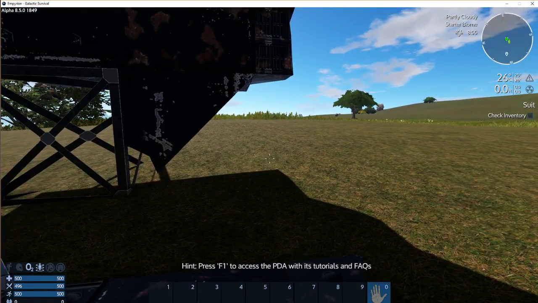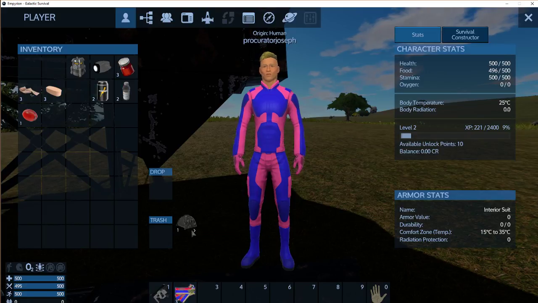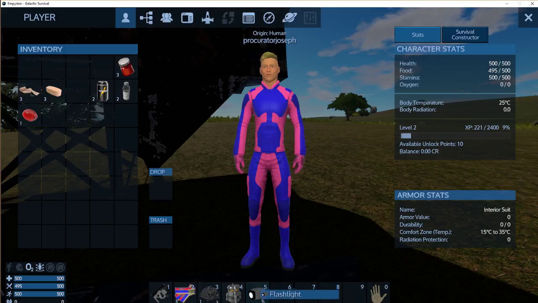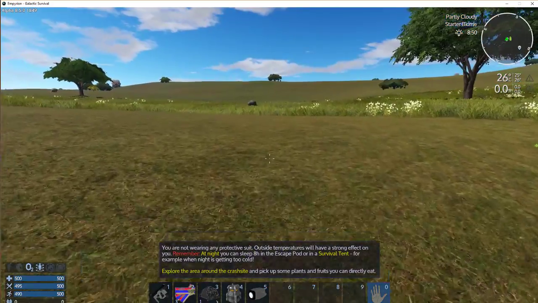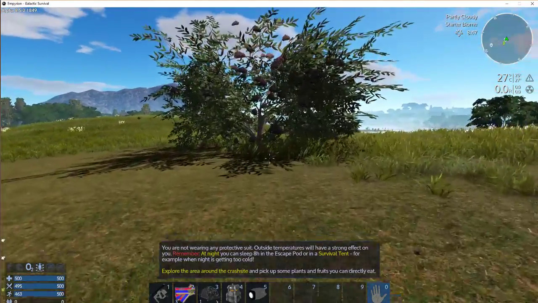Do I have a survival tool? Yes, I do. Okay. I have the survival tool, the energy bars, the survival tent, the heat regulator, and a flashlight. I'm going to put all these on my action bar. There's a few things I can do here. One thing I'm going to do right away